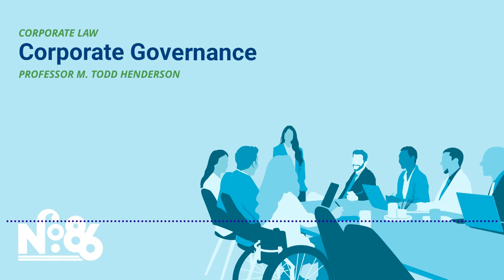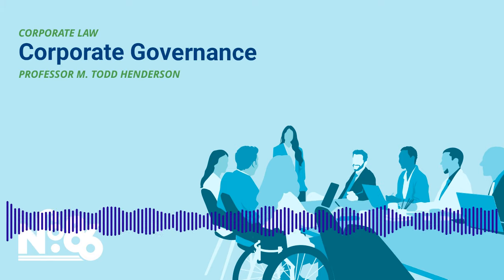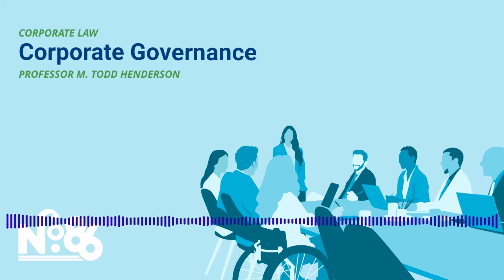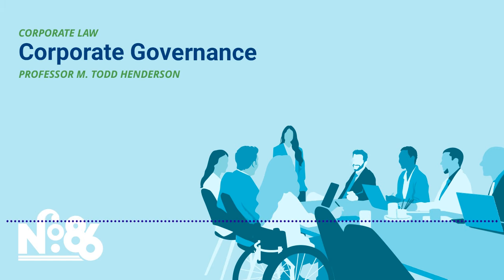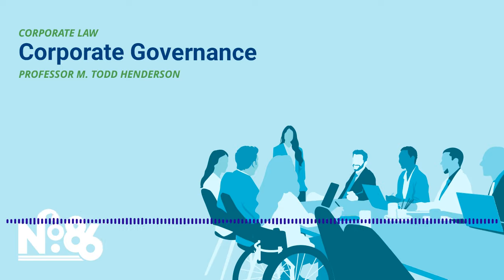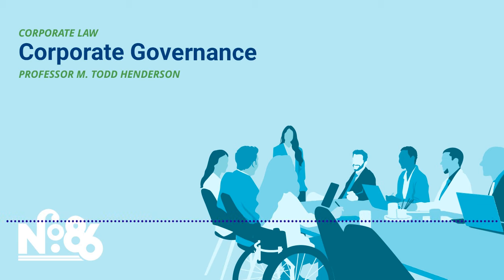One of the most canonical cases in corporate law involves Henry Ford and two brothers, John and Horace Dodge. This case is from the Michigan Supreme Court in 1919, and it involves a dispute about unbelievable amounts of money that the Ford Motor Company was making at that time and what the company could do with it. The Dodge brothers made all of the chassis for Ford cars at the time. They were shareholders of the Ford Motor Company.